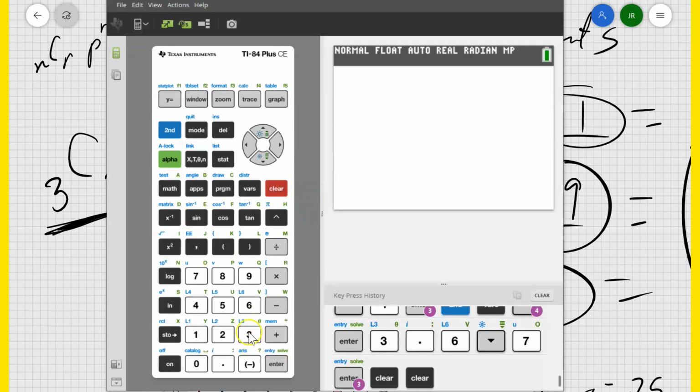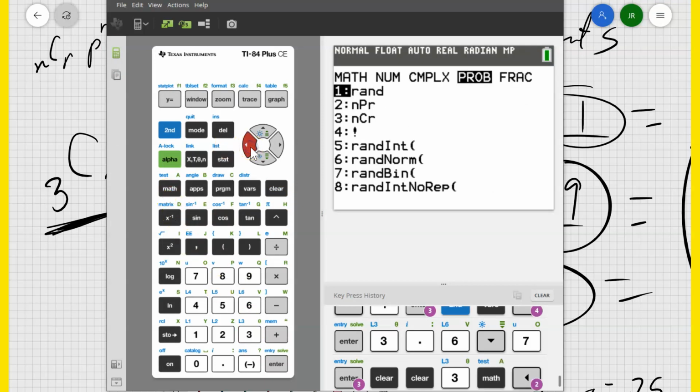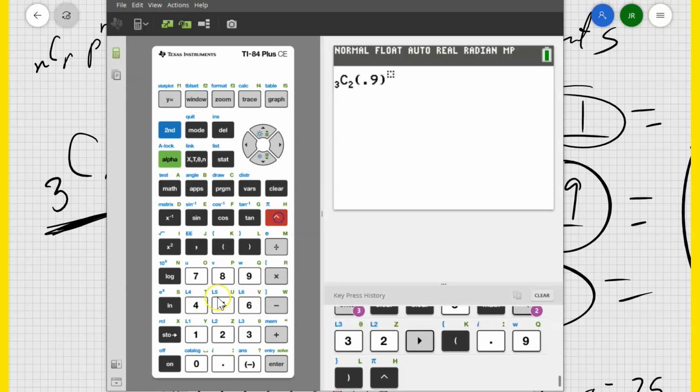We can say 3, then hit math, click over to probability. The third option is the NCR option. So 3C2, or 3 choose 2, click to the right to get out of that. Then 0.9 to the second and 0.1